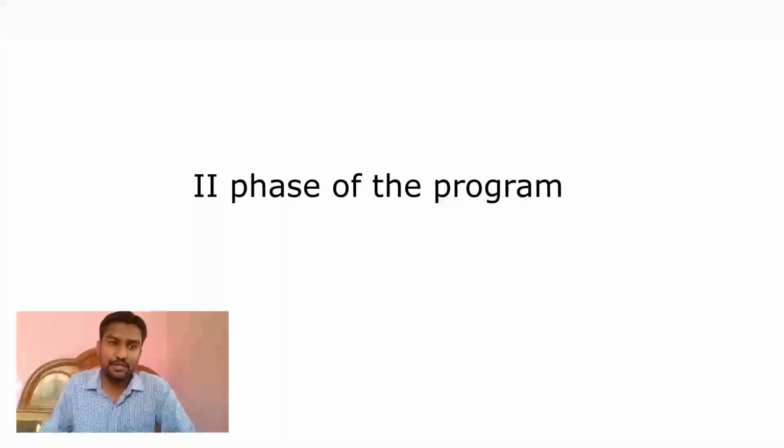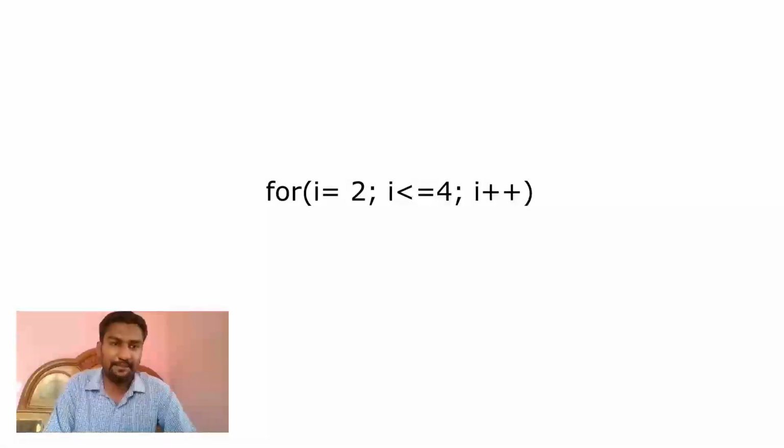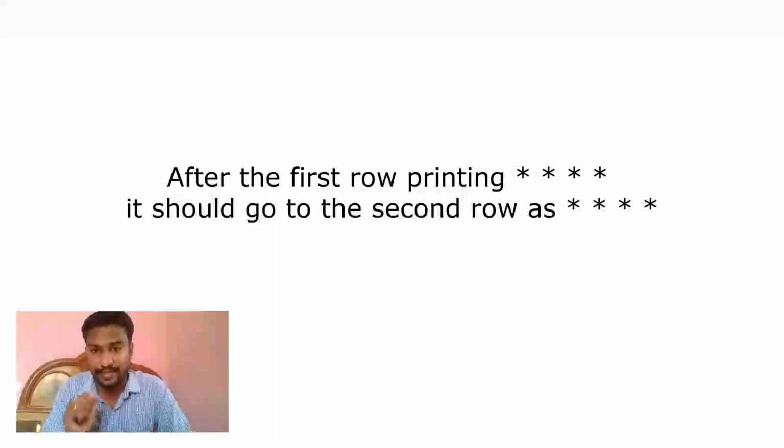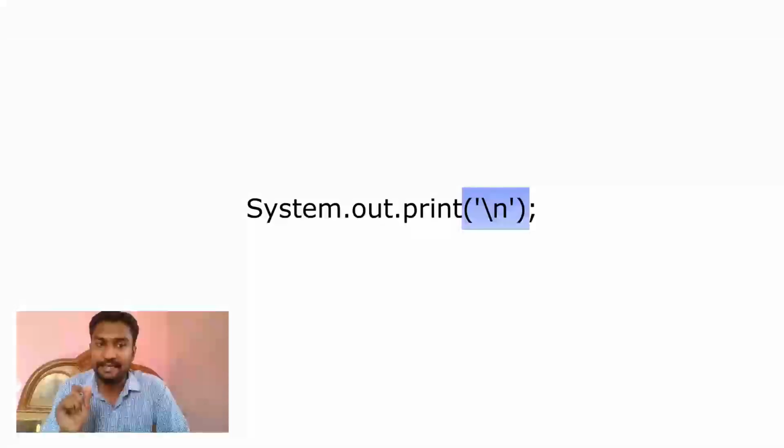So my dear students, let us go to the second phase of the program. The second time loop becomes for i = 2, i <= 4, i++. If I am incrementing i as the second row, that means I have to come to the next line after the end of the line, so that the inner loop will start working on every line, for which the syntax is